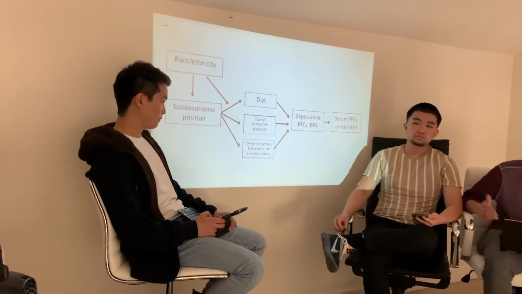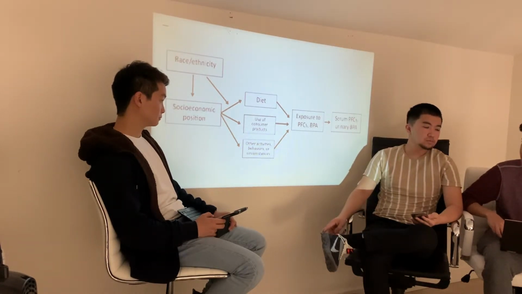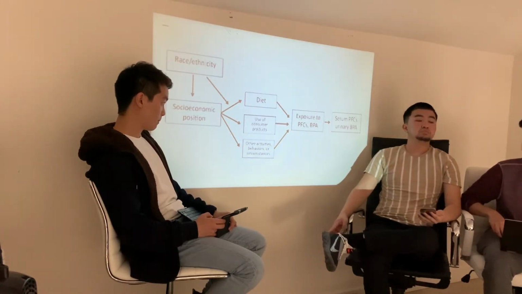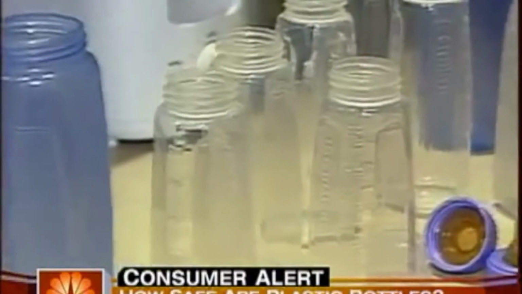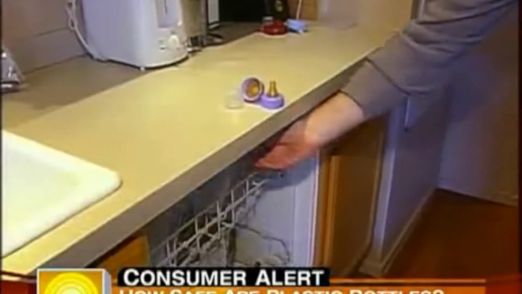And a lot of that also relates to diet, because people who have a lower socioeconomic position work lower wage jobs and eat pre-packaged food. It's often microwaved, and it is made with BPA. It's used to make cheap, durable plastics, and the BPA essentially leaks out of the plastic when it's microwaved. Still, a federal panel of experts has some concern that even low levels cause neural and behavioral effects in children and fetuses. Keep in mind, all plastics can degrade, especially with harsh treatment like dishwashing or microwaving.